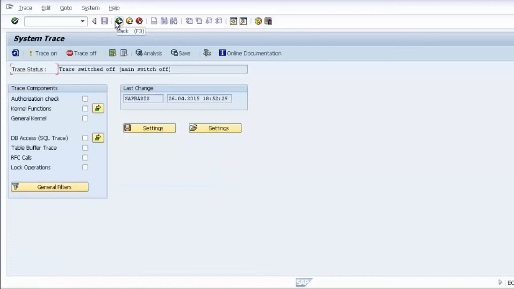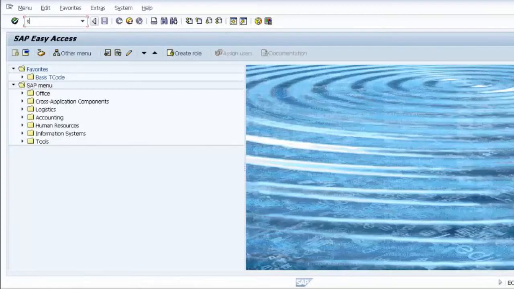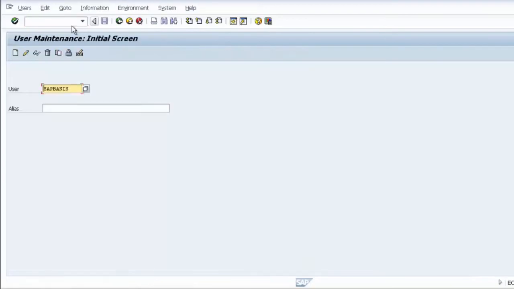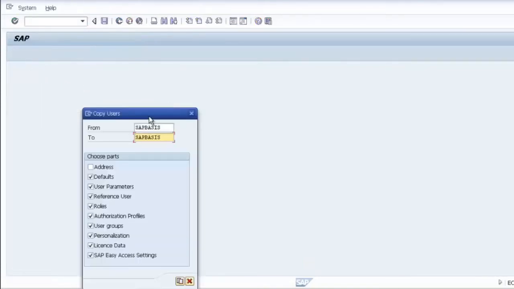Now let's see how to trace the systems. First, let's take the example of authorization trace. For this activity, let's create one more user. Maybe that may be quite easy to understand. So I'll copy this SAP basis. If you click that copy button,